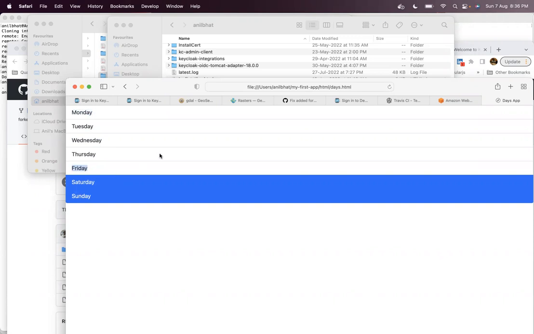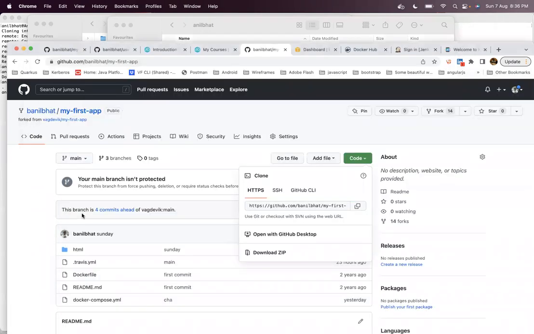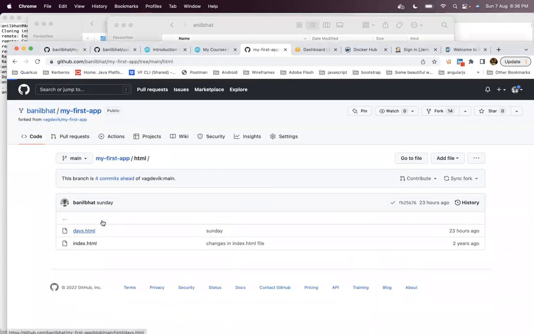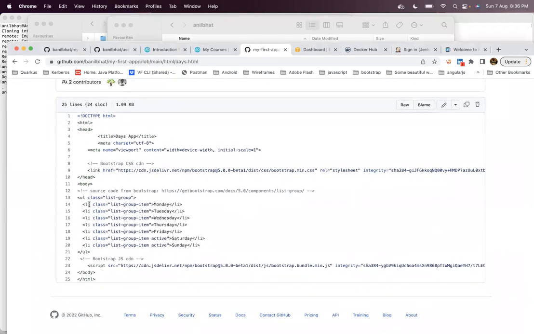So weekends and weekdays, that's what we are going to display. That you can see in the code. It is a simple days HTML with a list of elements, and Saturday and Sunday have a different style. If you say active, that means it is coming with a different style. That's it. So this is a simple application.